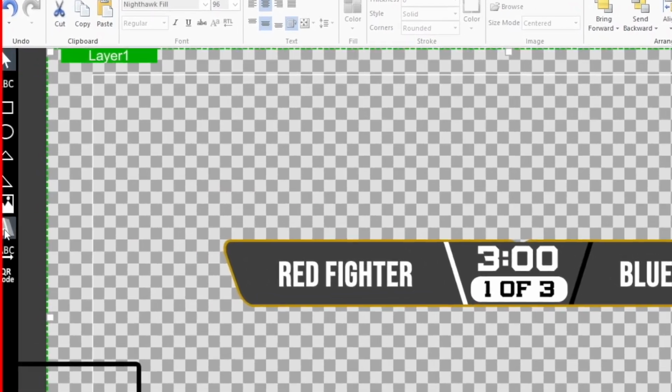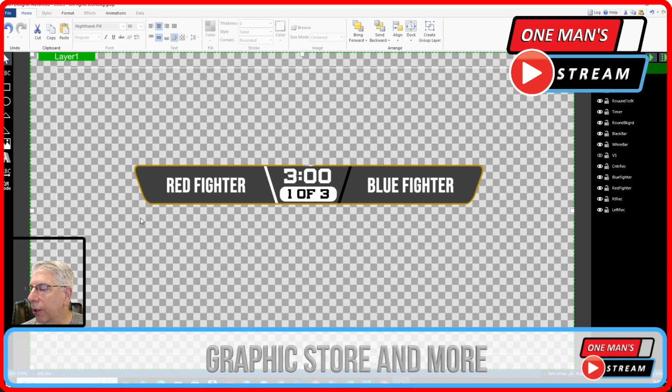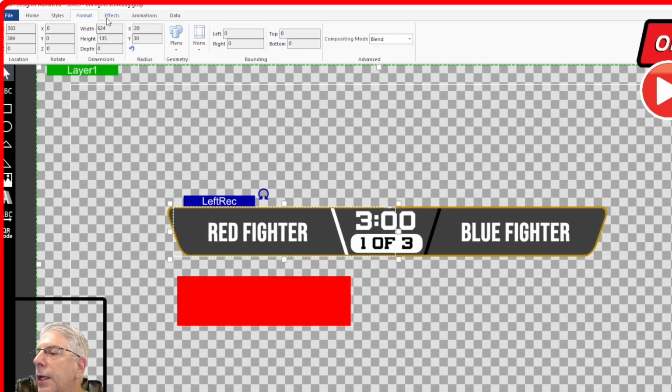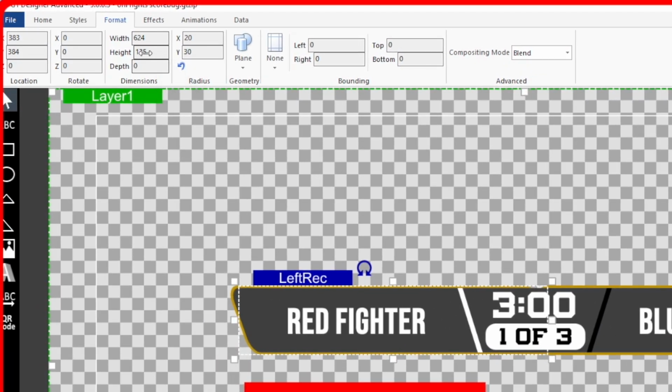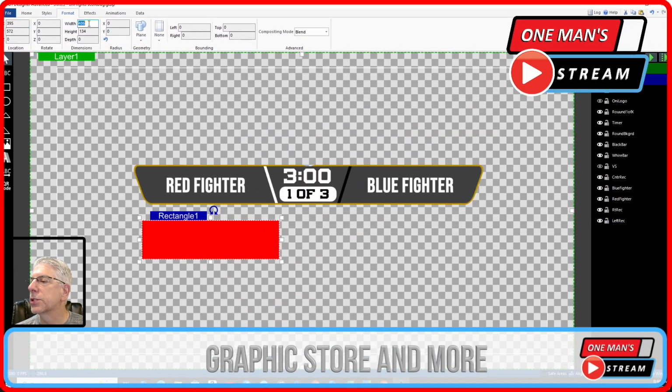So the first thing we're going to do is click on this button right here, and we're going to bring out a rectangle. And just to make it easy on ourselves, I want to make sure that it's the same dimensions as this rectangle here. So I'm going to click on this one that says left rectangle, and I'm going to go up here under format, and we can see that it's 624 by 135. So let's click on this one and also make it 624